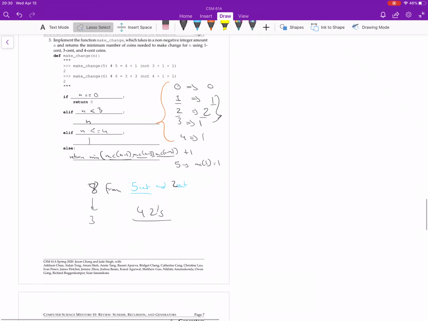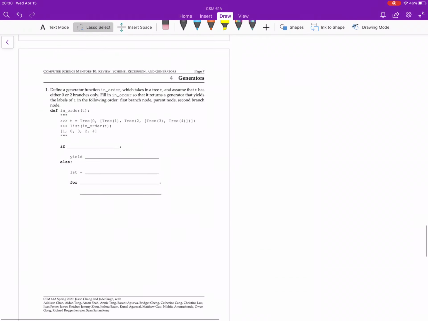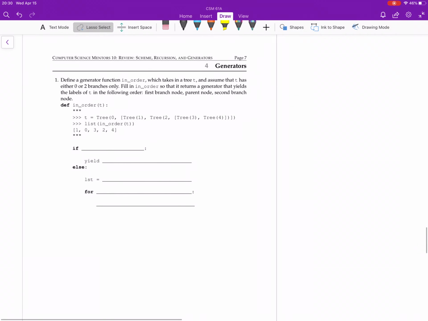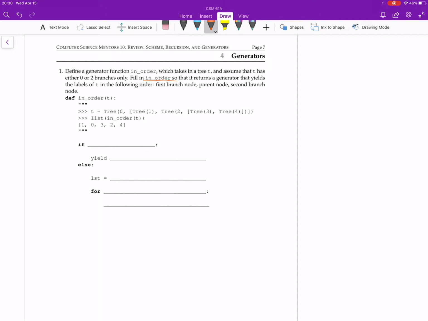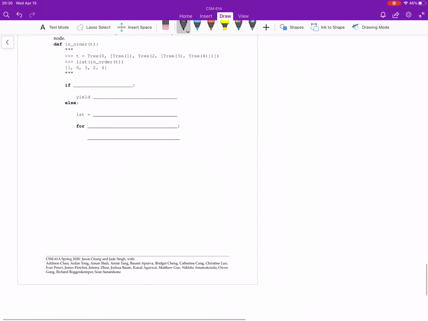Let's do the next one. Okay, so this is the last problem, which is asking us to create a generator that yields the labels of t in order. And you guys might not be familiar with what is called an in-order traversal of a tree. But let me just draw a tree here, and I'll give you an example. So let's say I have 5. Let's say this is a 3,